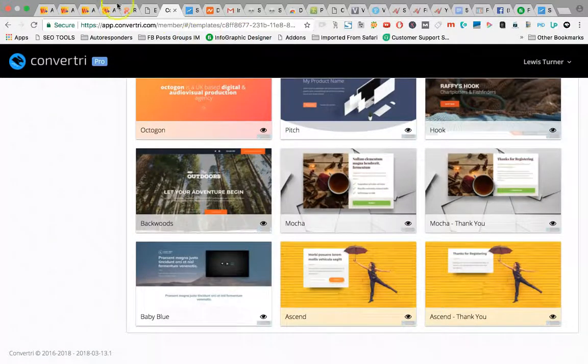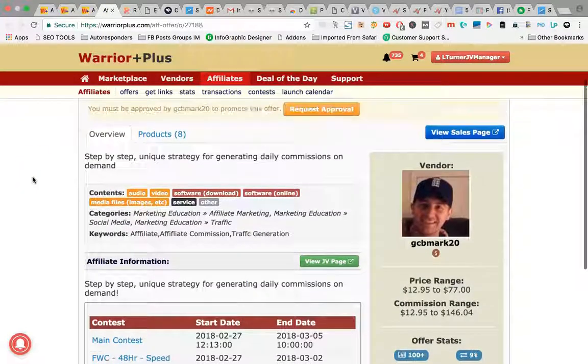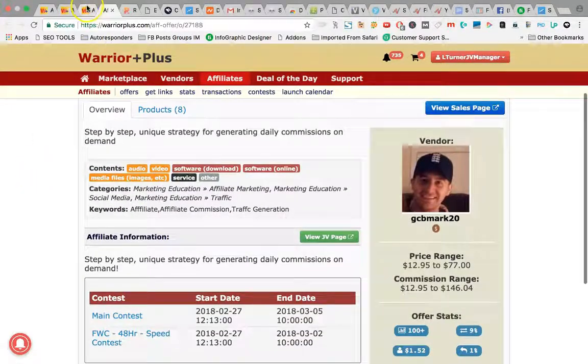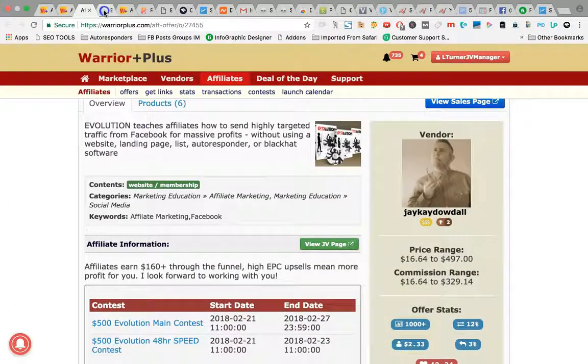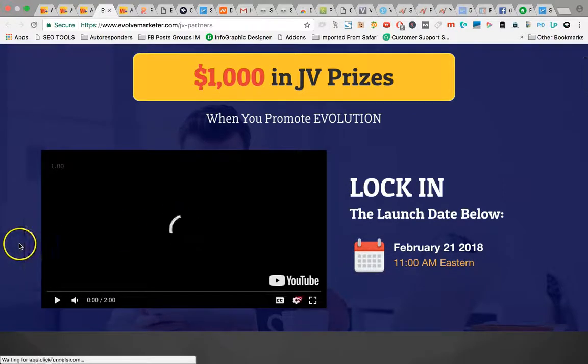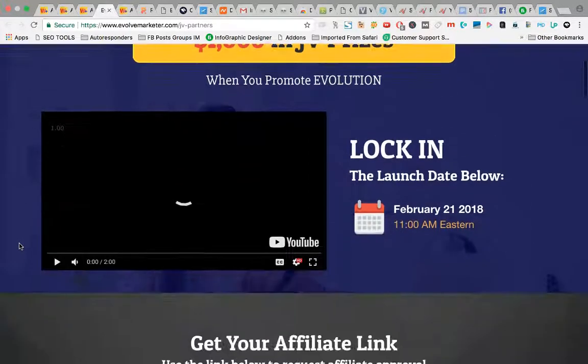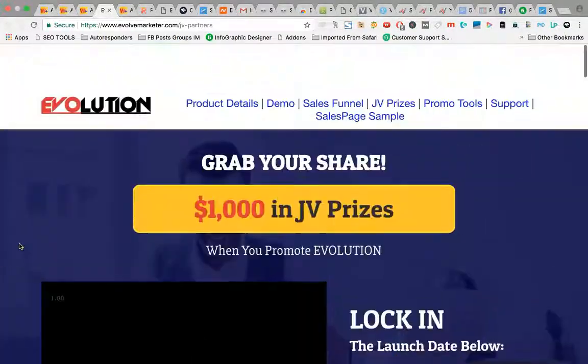And this also works for... I should mention this actually, the other key point of having a sales page and whatever else is that you also need a JV page. So we can do exactly the same. Have a look at this JV page, see if we like it. There may be another JV page that we like instead, and we can copy all of this page and literally